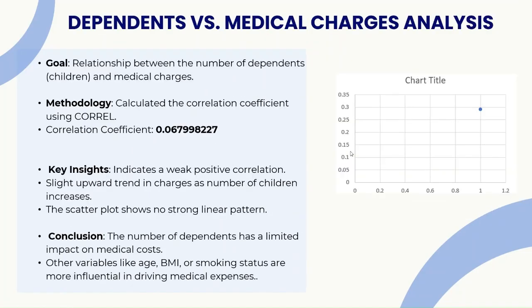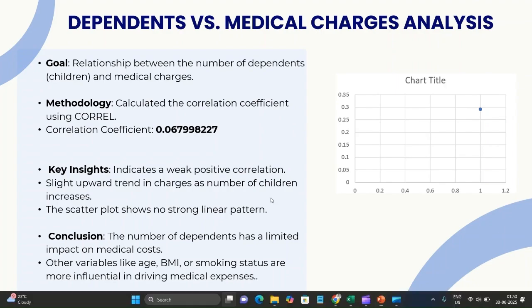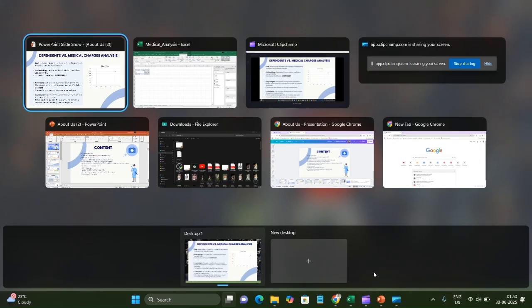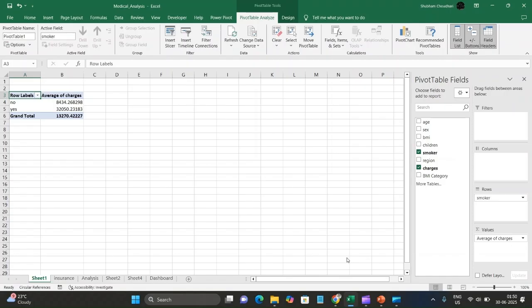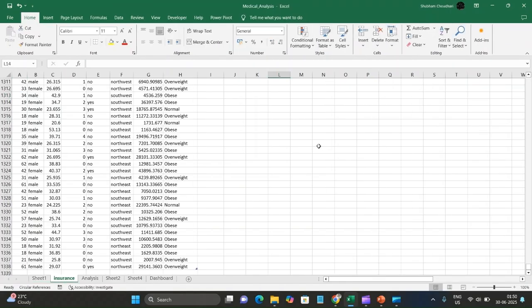Dependent versus medical charges analysis. We need to find a relation between the dependents, that is the children, and medical charges. For that, I have used the CORREL function. I'll show you how to use CORREL in Excel. Sorry, actually it is getting heated. If I wanted to find the CORREL,